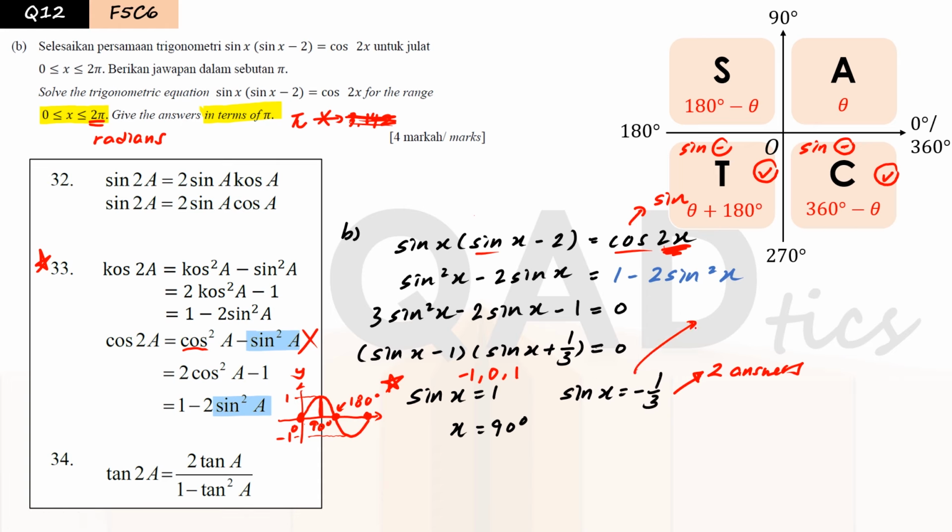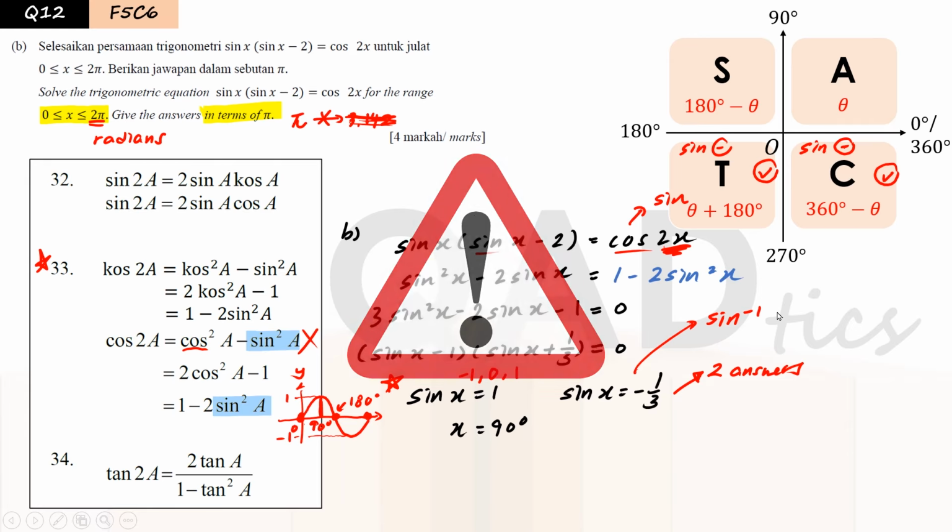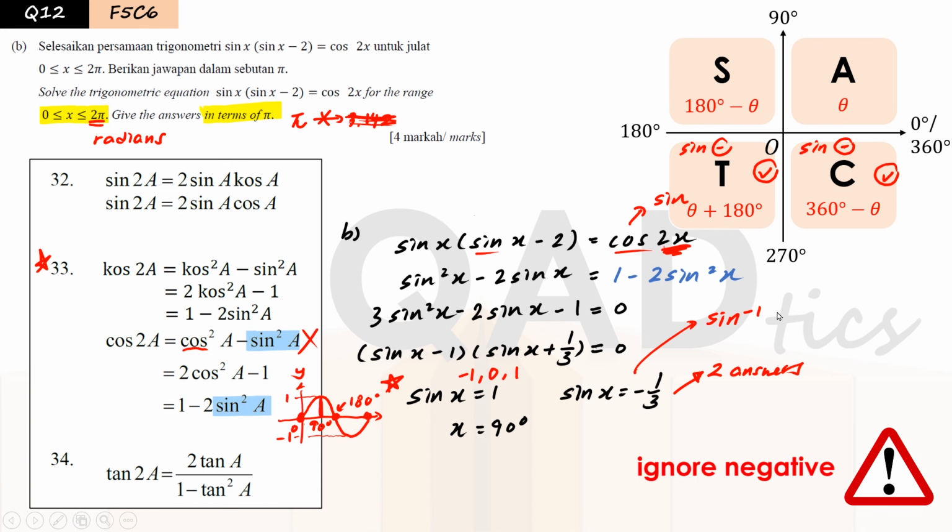So this one, it would be arc sine. This is called arc sine, ARC sine. And for the value here, let us ignore the negative, so it means arc sine 1/3 only. Ignore the negative. Once you put this into your calculator, you will see that the value is